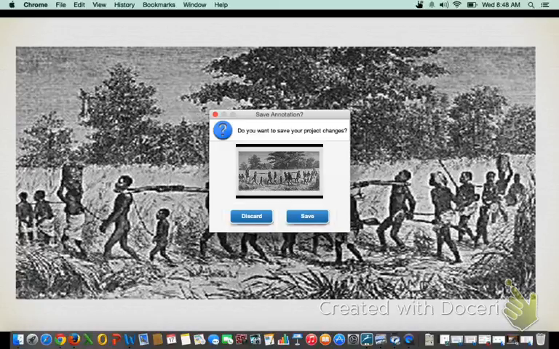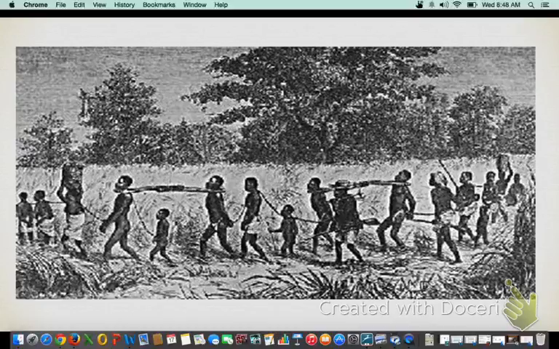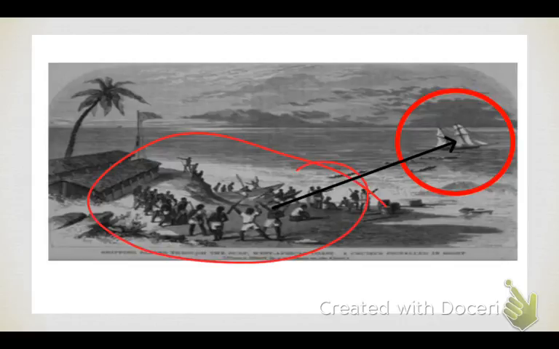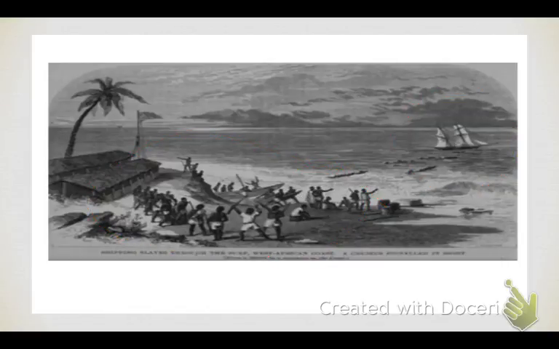Well, let's take another look at another slide here. On this slide, you have shipping, and the shipping of slaves out to a European ship. But notice there are only Africans moving these slaves out to the European ship, once again showing internal agency in this movement of slaves and Africans controlling the region at the time.